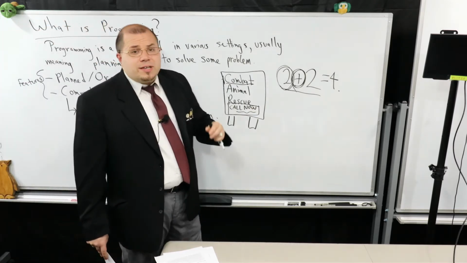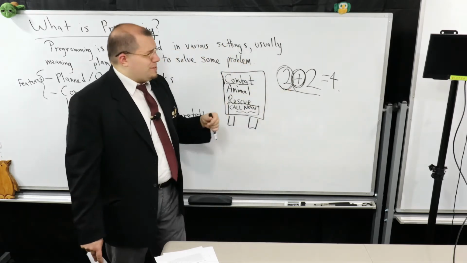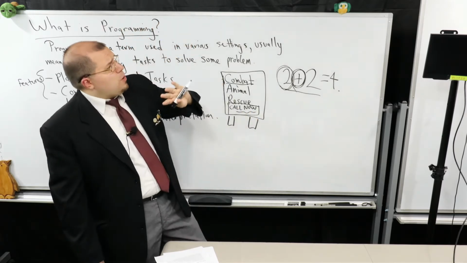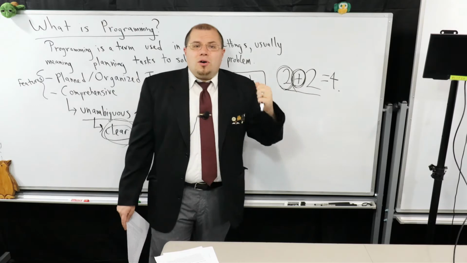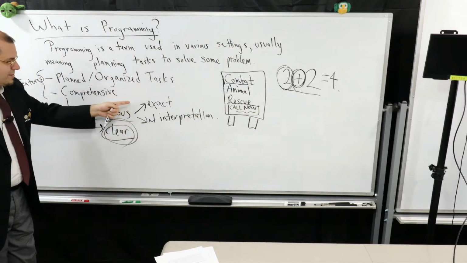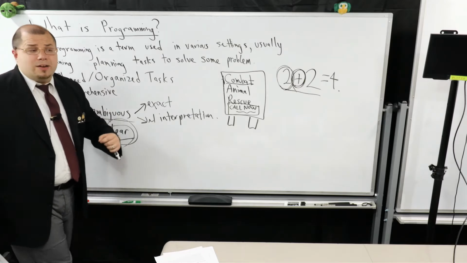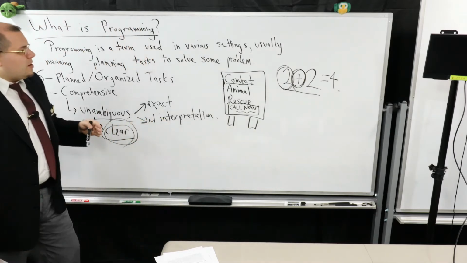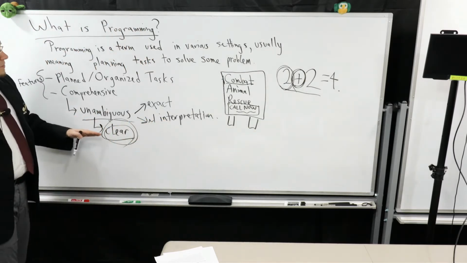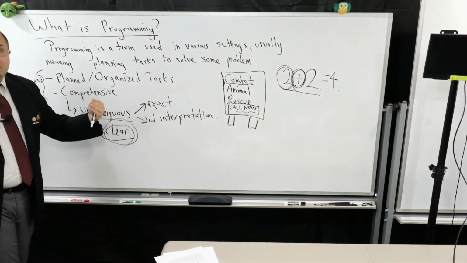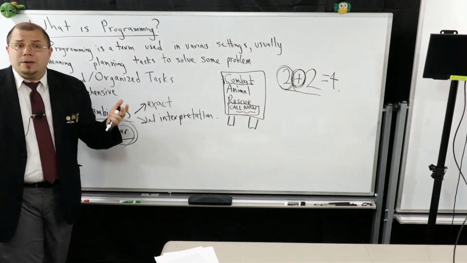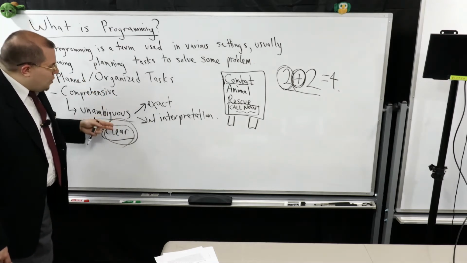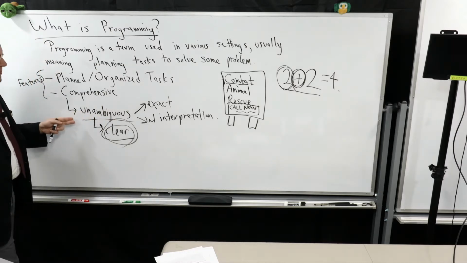So for example, a computer doesn't have to only add two numbers like 2 plus 2. It can actually do more sophisticated things like calculating trajectories and figuring out where stars are in the sky. But these are all things that are exact and clear in the way that they're formulated on the computer. So just to summarize everything: when we talk about programming with a computer, when we specify operations and instructions we give the computer, just like if we were workers at some job, we have to actually be a little bit more narrow than that. We have to be sure that there is no ambiguity at all. It has to be clear.